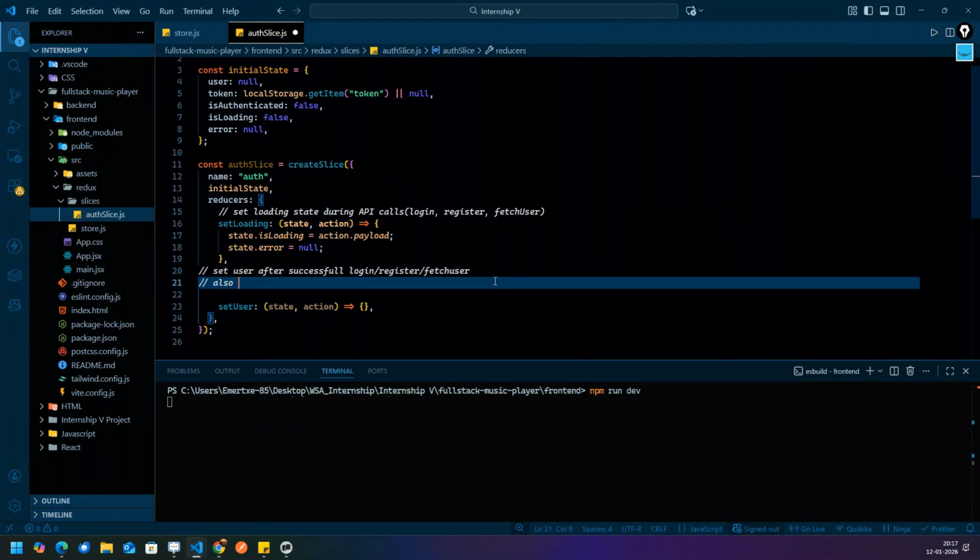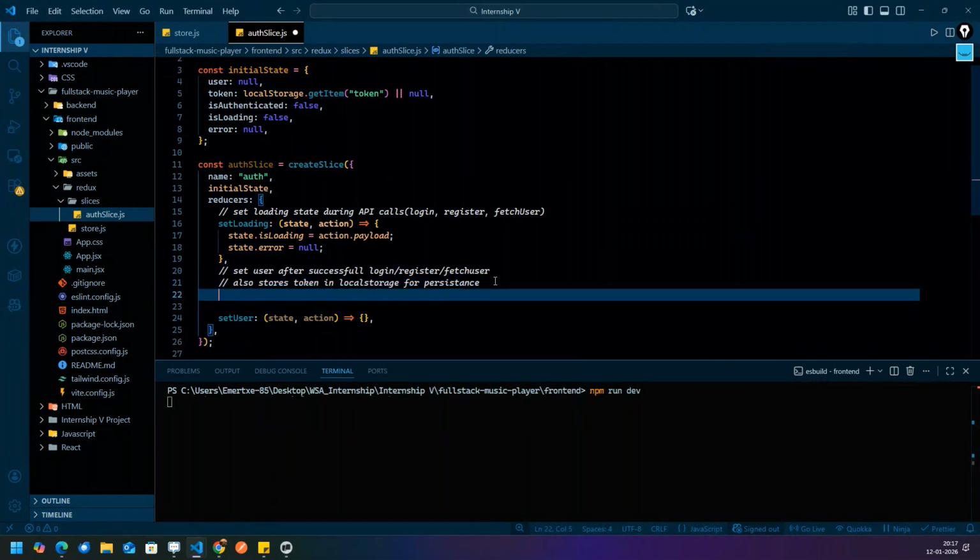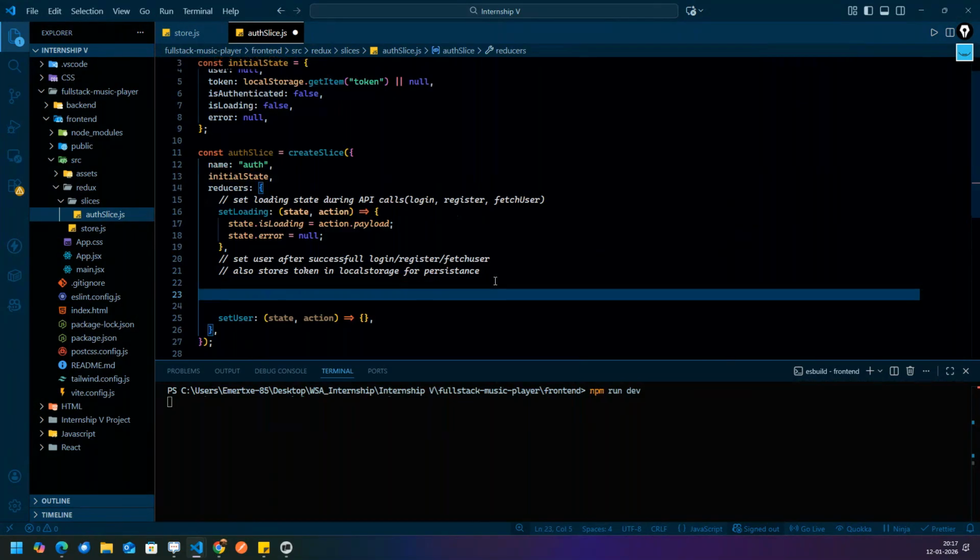So let's do that. Also stores token in local storage for persistence. For persistence. Okay.